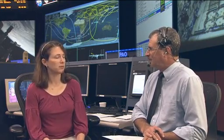Are the other control rooms capable of commanding the space station? Can people work in there? Yes, you are able to send a command to the space station from any workstation in this building. That was one of the foundations that we had when we designed the new building back in the 90s: we wanted the concept of a roving flight controller, which means that we can put our flight control team anywhere within this building